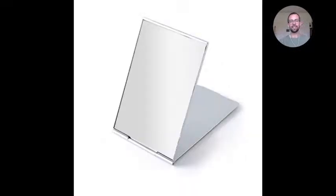Next atelier tool is the mirror. A lot of people use little pocket mirrors, makeup mirrors, and you hold them either like this, looking at the subject here and it's flush with your face. You can hold them like this, again looking at your subject and your drawing in the mirror, flush with your nose, or you can hold them like that and look at the subject and your artwork in the mirror like this. And I'm using a phone because I don't have a mirror here, but